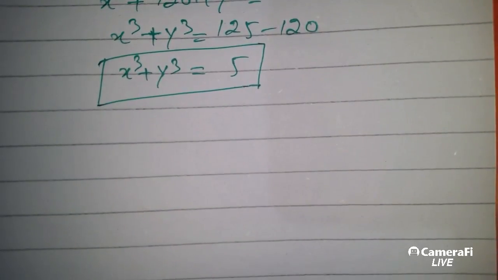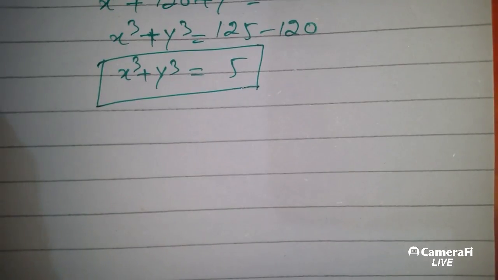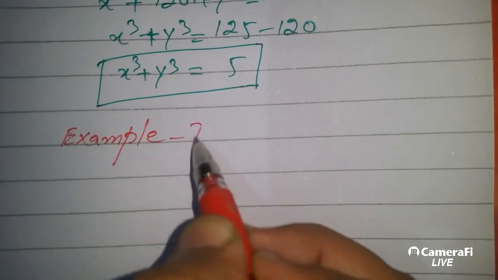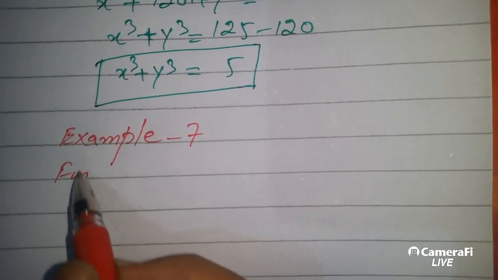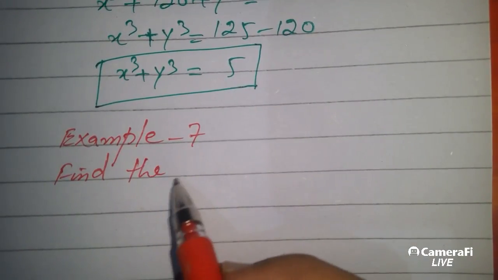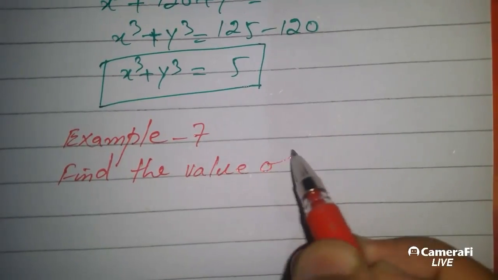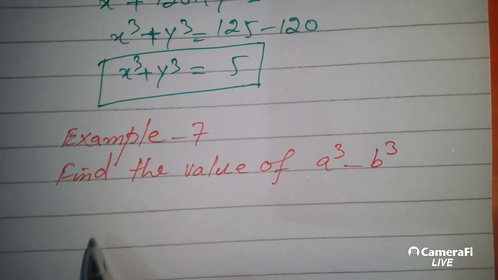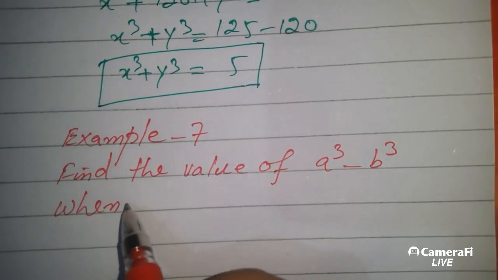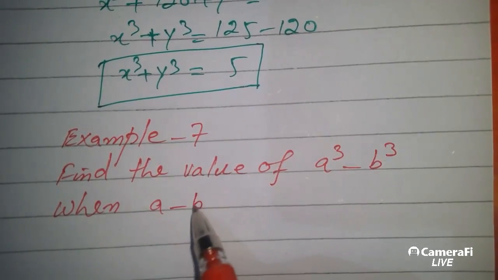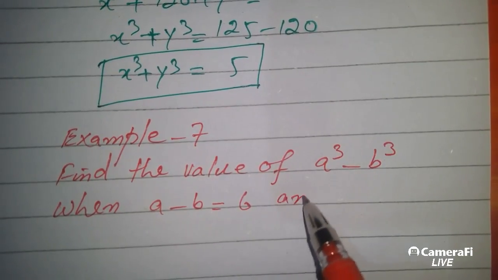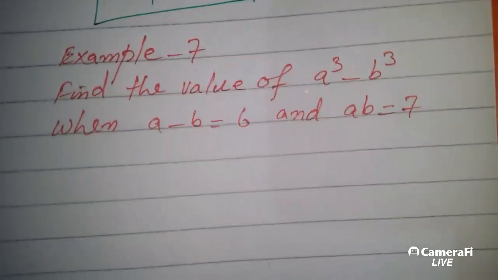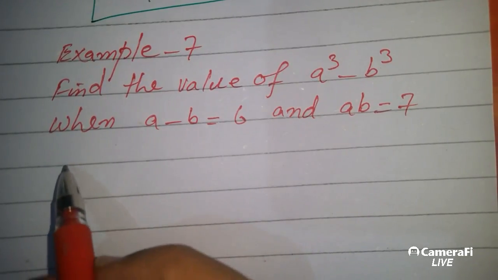Example number 7. Find the value of a cube minus b cube when a minus b is 6 and ab is equal to 7. Solution: